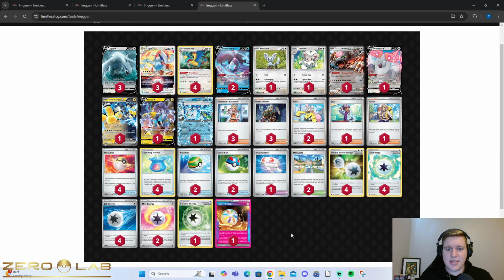Vitality Band makes a lot of sense here. I actually played against Yurko in Louisville. I was playing Terapagos and he was playing Lugia. We ended up tying, but the Vitality Band really helped him out in that matchup, because one of the things